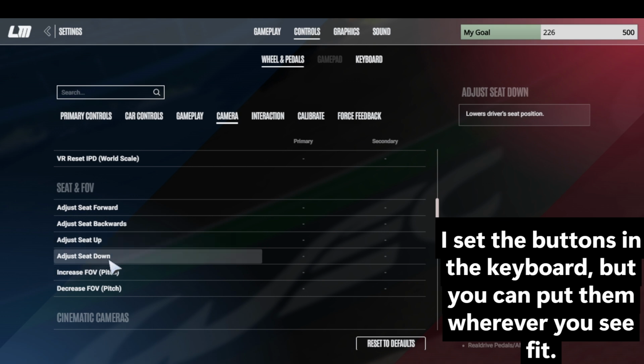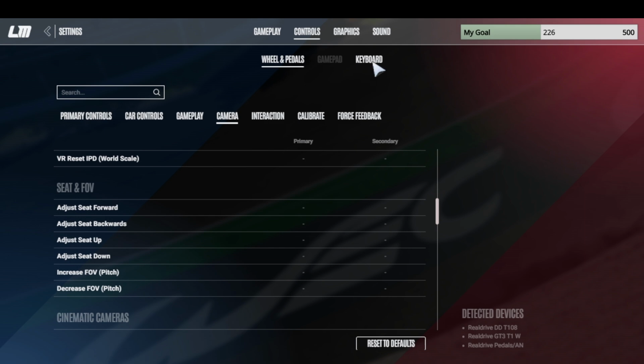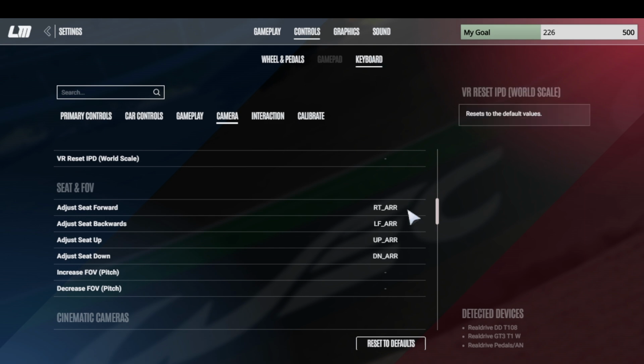To fix the mirrors, we are going to need to have this selection chosen. In my case, I put up, down, left, and right. So if you have these buttons in the keyboard selected,